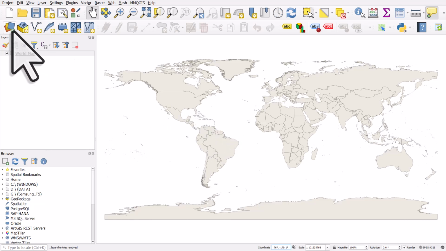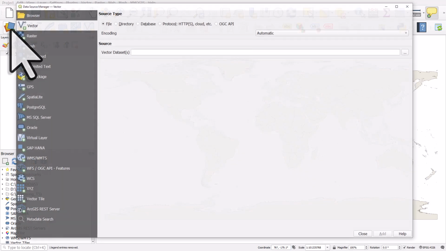What I'm going to do now is add the populated places file. It's a CSV file, so it's just a text file. You could do this yourself with any layer you like. It doesn't matter what format it's in. If you do want to follow along with me though, you can find the link to this file in the description for the video. To add that file, I click on this button, which is the Data Source Manager button,